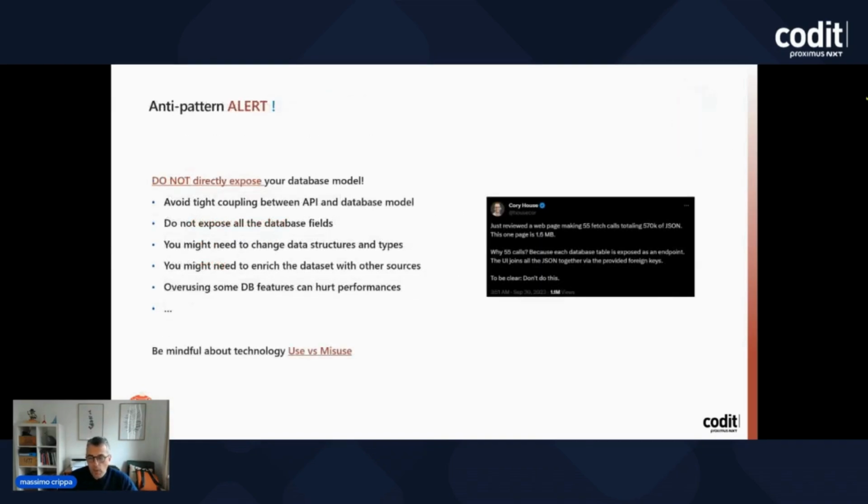Now, before continuing with the demo, one thing that is very important to notice is that exposing your database model is a well-known anti-pattern. So we have to be completely aware of the different motivations. We don't want to have a tight coupling between the APIs and the database model. We don't want to expose all the fields. We don't want to give